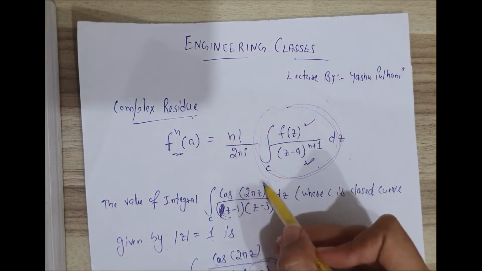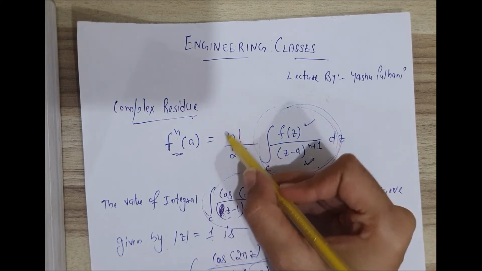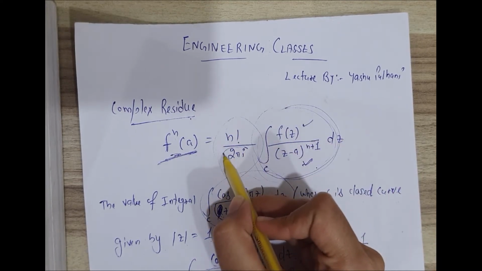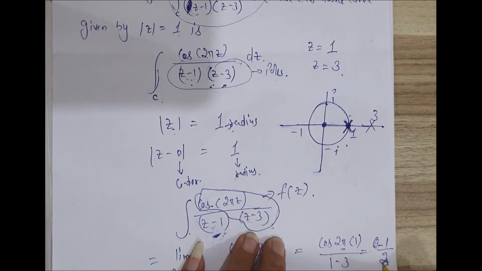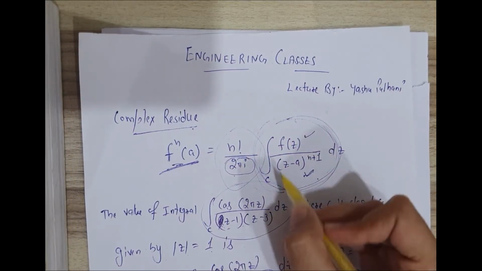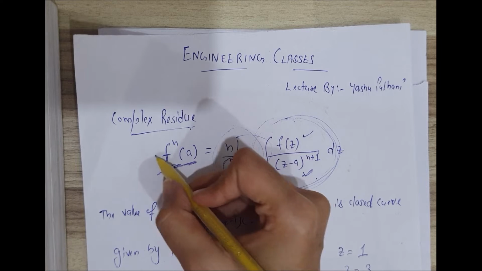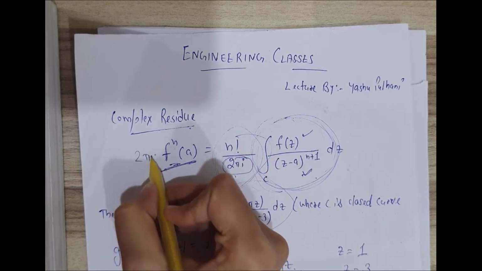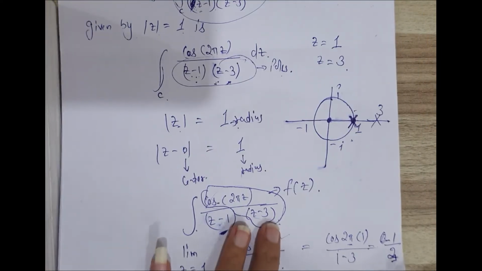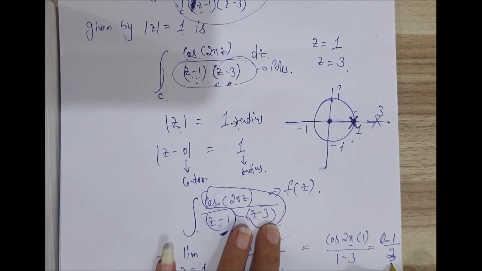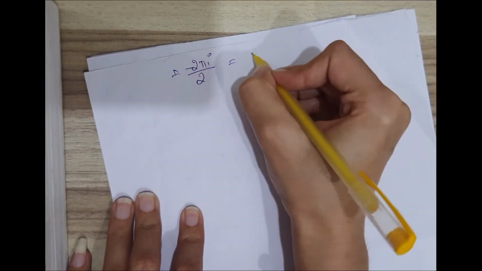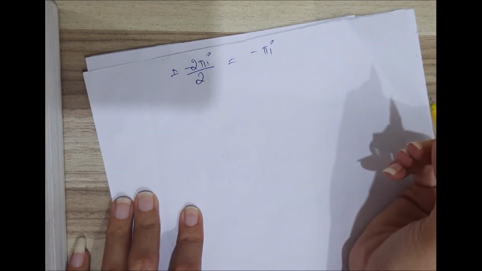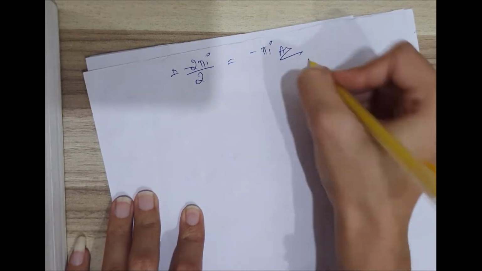We compare this part with this. We don't have this part. Now multiply this part with f(a). We have only this part, we don't have this part. It means that it will go here. It will be 2 pi i. We got f(a). Now multiply it with 2 pi i. Now minus pi iota is the answer.